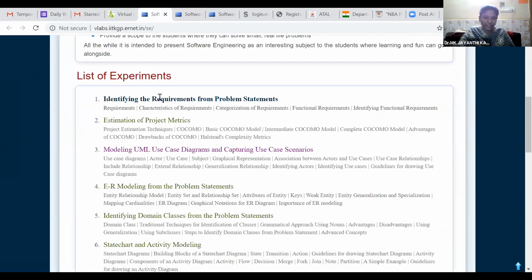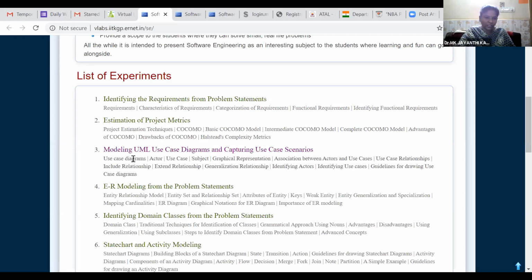So here, for each and every sub topic or module we are studying in software engineering. If you want to design requirements for the problem statement, the experiments and exercises related to requirements analysis will be available in this module. The same way, project metrics. These topics we study in advanced software engineering, like the COCOMO model and SWOT analysis, and the case studies and experiments related to that you can see there.